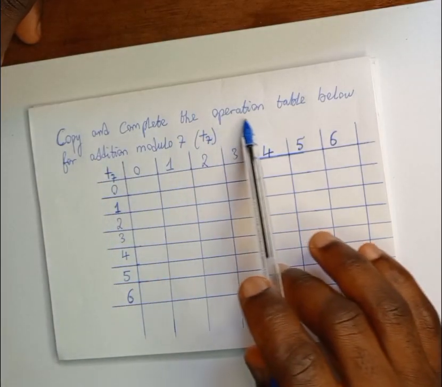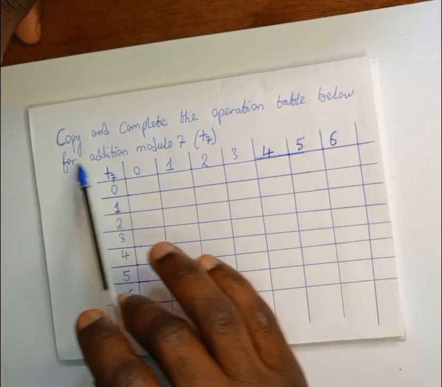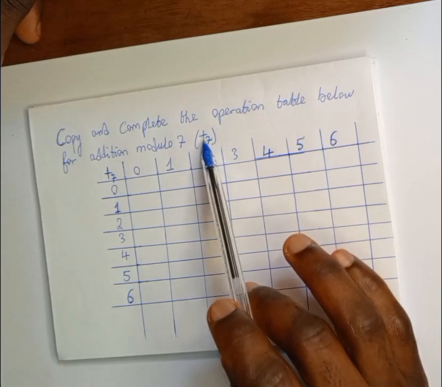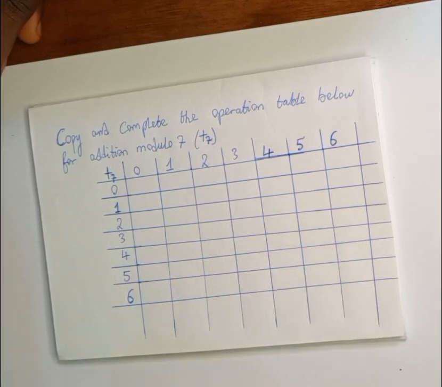Copy and complete the operation table below for addition modulo 7. We have plus subscript 7. It stands for addition modulo 7. To add two numbers in modulo 7,